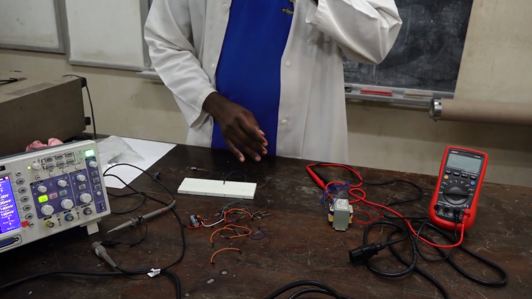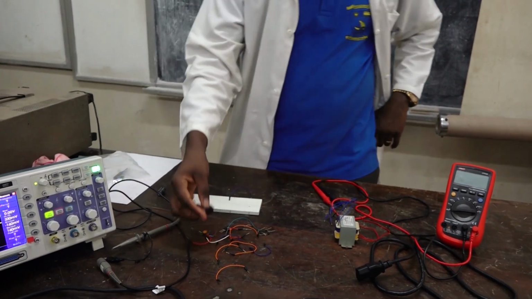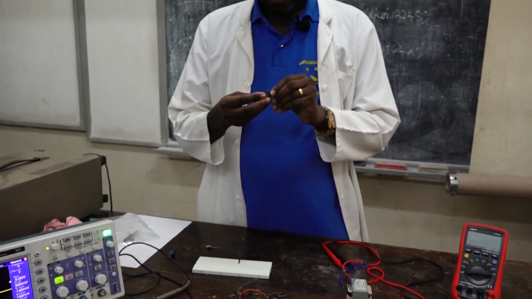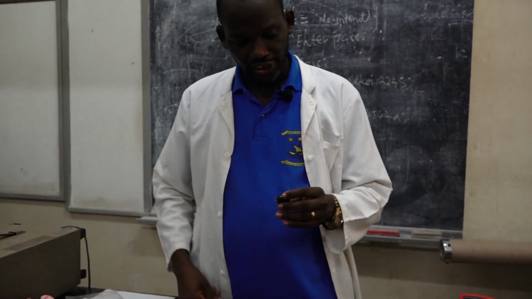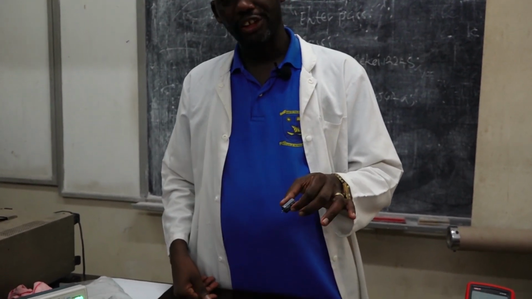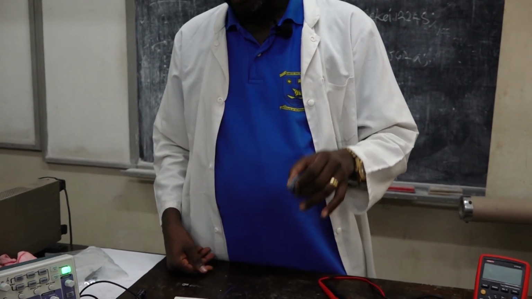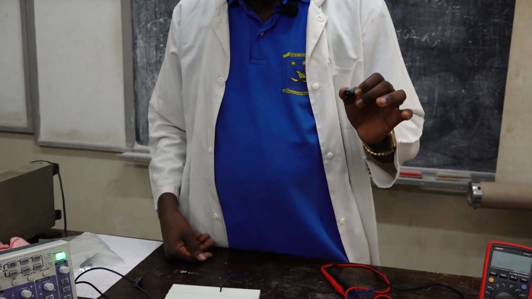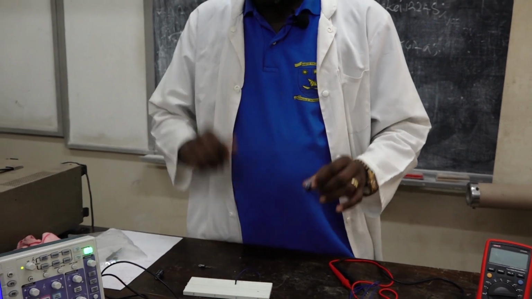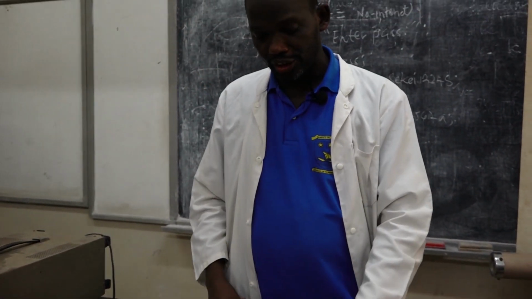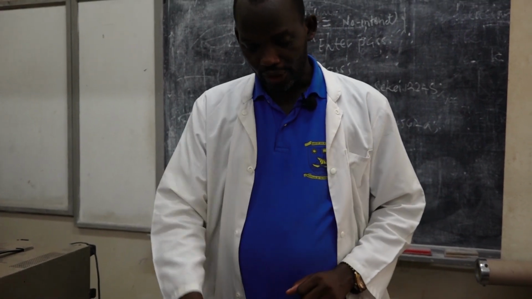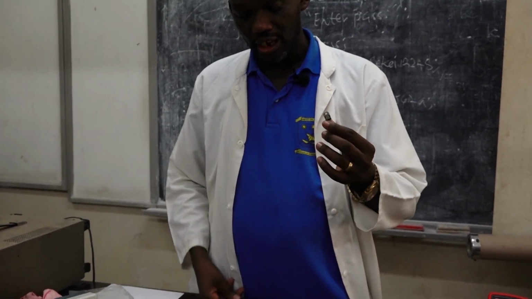And then we are also going to have a 2,200 microfarad, 35 volt electrolytic capacitor. You may even use one of 1,000 microfarad. The only thing you have to make sure is that the operating voltage or the rated voltage should be 25 volt. We are going to also have a voltage regulator,